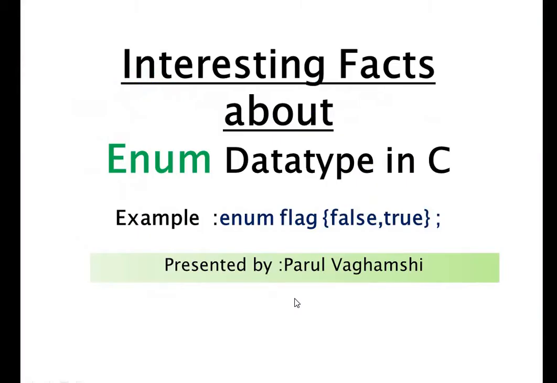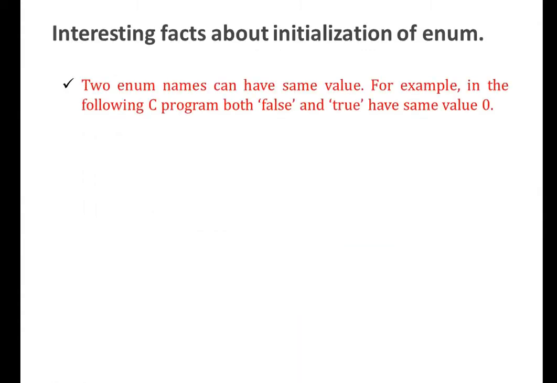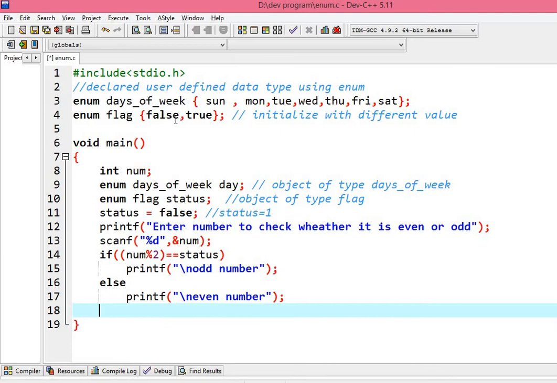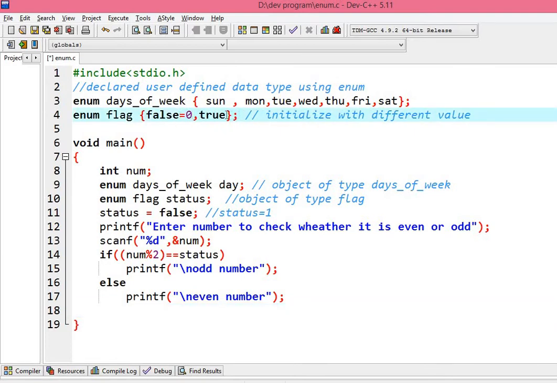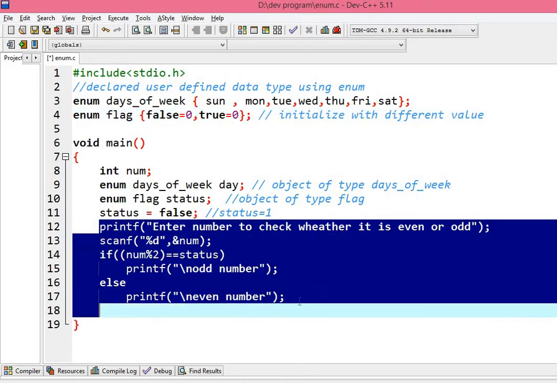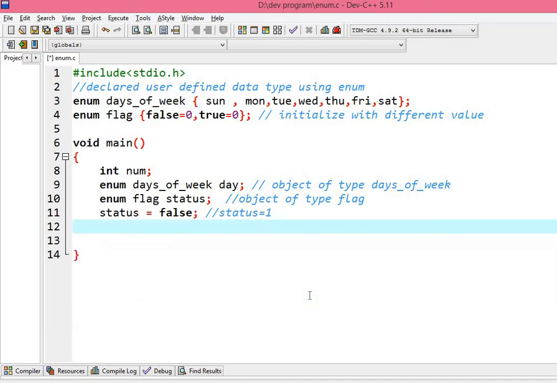Now let's jump to some interesting facts about the enum data type. The first one is, two enum names can have the same value. For example, in the following C program, both false and true have the same value. So let's say it is 0 and it is also 0. Now it is not our stuff to discuss, so let's just remove it.